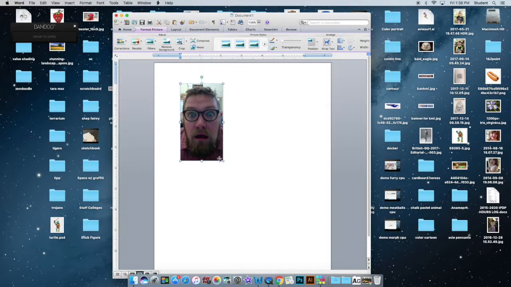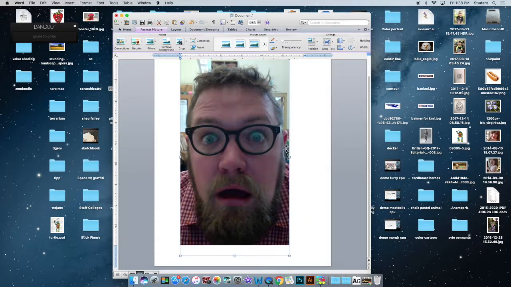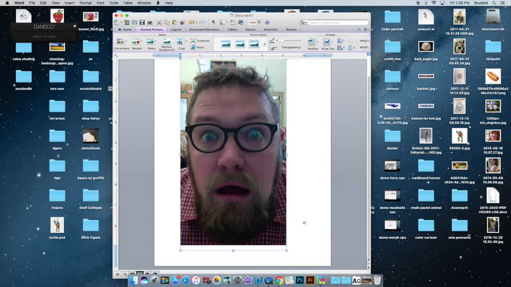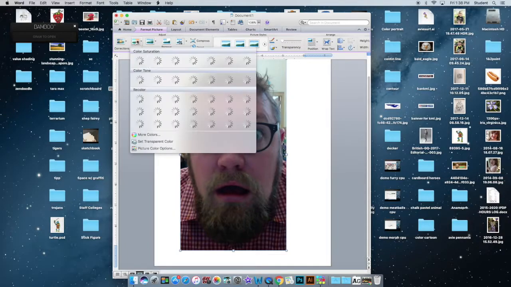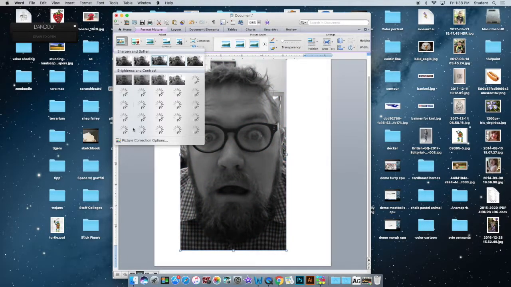Click on it and you want to enlarge it, so stretch it from the corner. You want to pull from the corner to make sure that the proportions are maintained. I'm going to go ahead and click on the little dog up here and click in front of text, and now I can move this picture wherever I would like to. I go ahead and recolor it to grayscale, and now we're going to go to corrections,